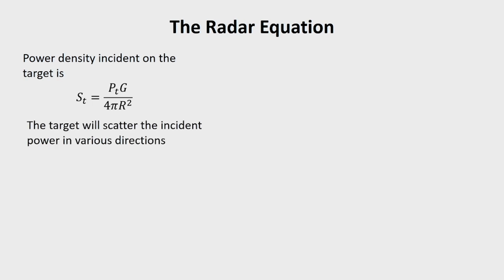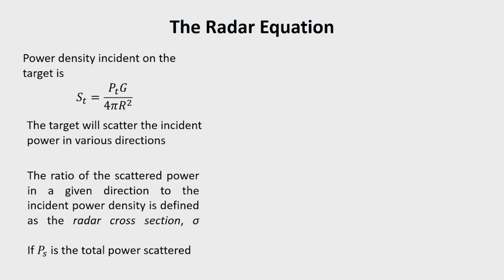Now, we have seen that this incident power is scattered by the target in various directions. The ratio of the scattered power in a given direction to the incident power density is defined as the radar cross section, and it is denoted by sigma. That is why in the earlier two diagrams we used this sigma while representing the targets. So, targets will be characterized by their radar cross section sigma. If Ps is the total power scattered, then we can write